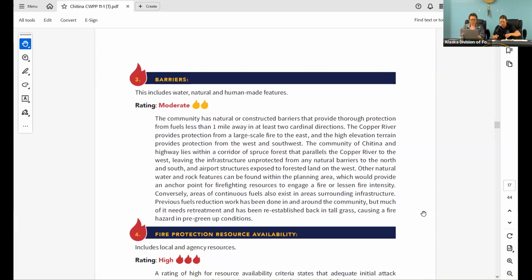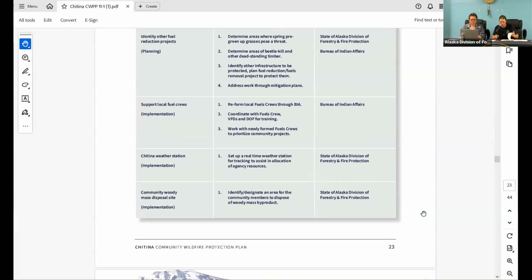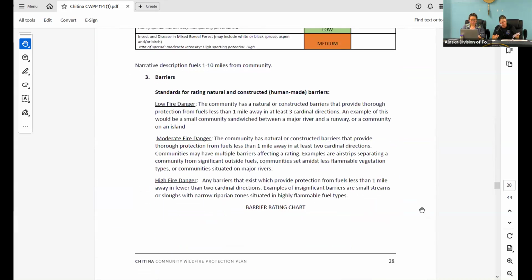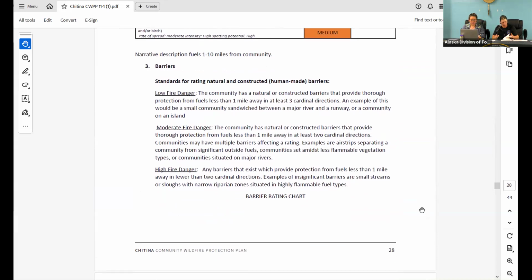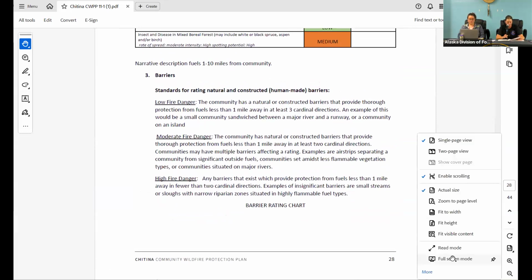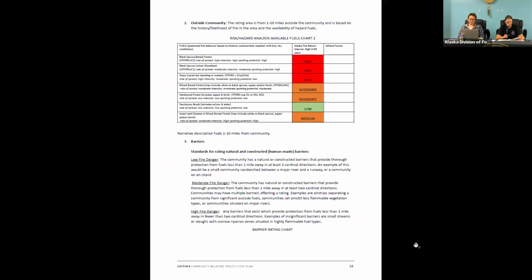I'm going to reference the appendix again and the rating criteria, just so everybody understands how we got to the rating of moderate. All right, so page 28, number 3, the rating criteria for barriers, which is listed as number 3.